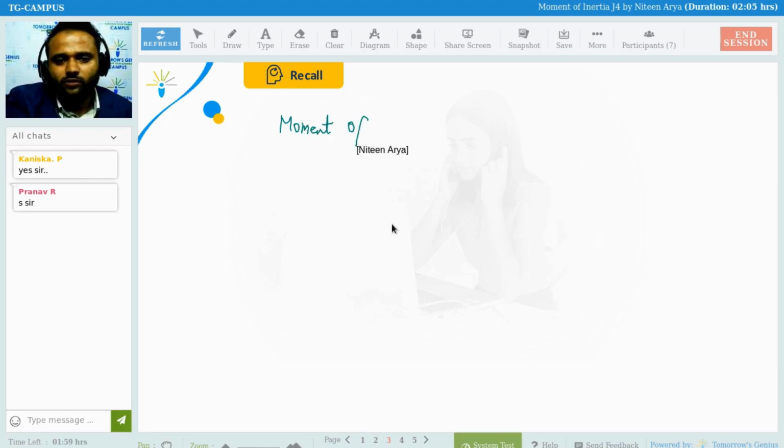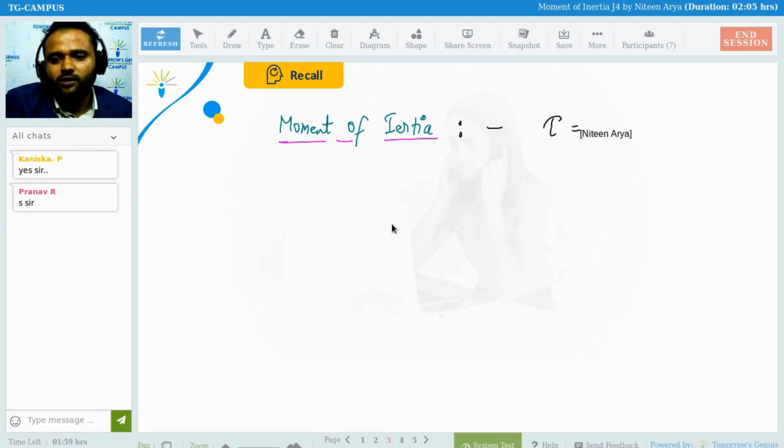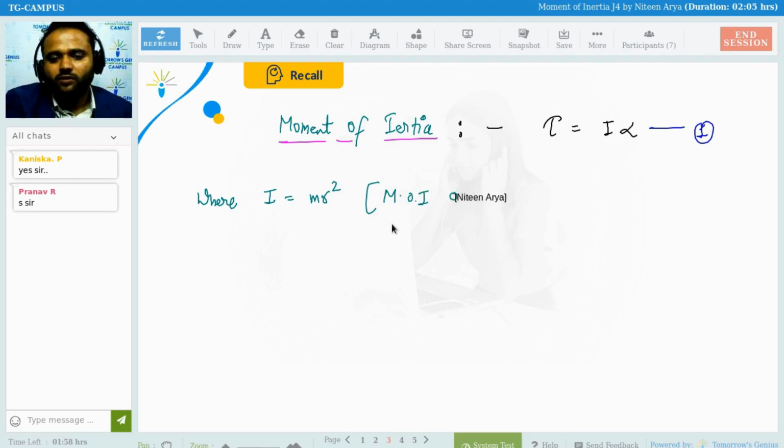As we know from the previous classes, torque tau equals I alpha is the main relation, and we did this derivation in the previous classes also, where I is the moment of inertia, and I equals m r square. This is the MOI, moment of inertia, of a particle